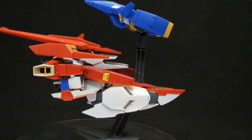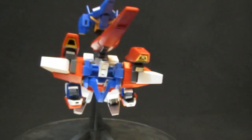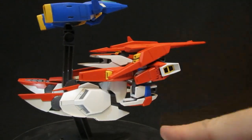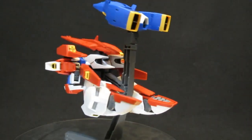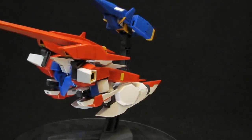The transformation is definitely underwhelming because, as you saw, you don't even need to take the limbs off really, except for the chest to replace that one part, because all you're going to do is bend the legs 90 degrees and bend the elbows up, and after you've twisted the wrists, there's absolutely nothing else to do with this, and it's got a lot of kibble on it,